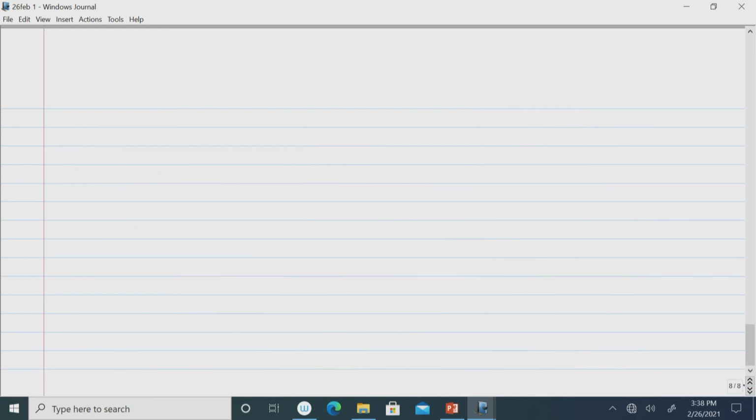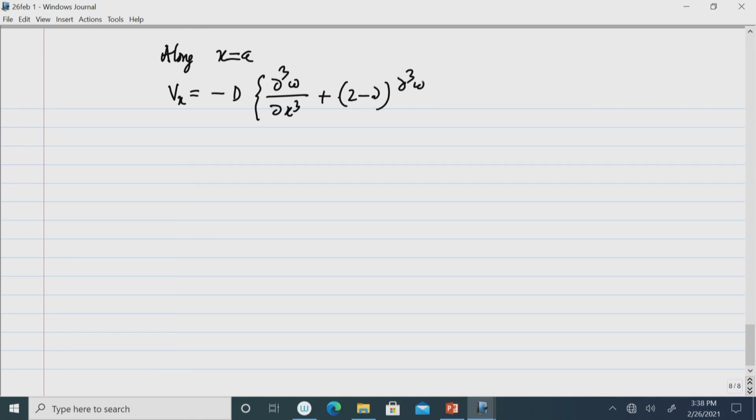Now, if we want to calculate the shear force distribution, that is the S shear, the expression for S shear along x equal to a, because it is symmetrical, it will be the same, equal to minus D. After substituting the value of the derivative, you will finally get the result as S shear value as 85.89 sin(pi y by b). This unit will be Newton per mm.